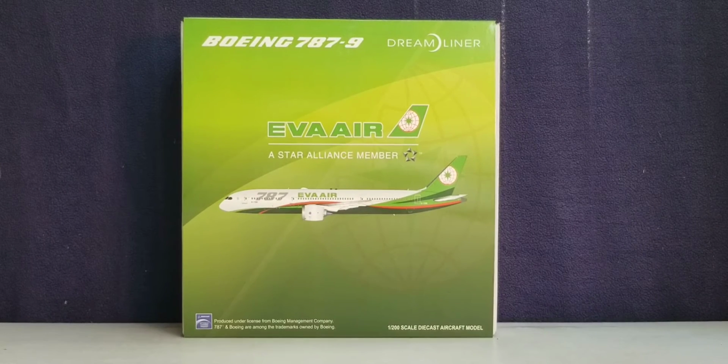I continue to play catch up. Today, I'll be doing a review on the JC Wings Eva Air Boeing 787-9 stretch Dreamliner aircraft in their current livery scheme in a 1/200 scale model. I pre-ordered and purchased this model from Waffle Collectibles, whose store is based out of Riverside, California, here in the United States of America, and his website address is